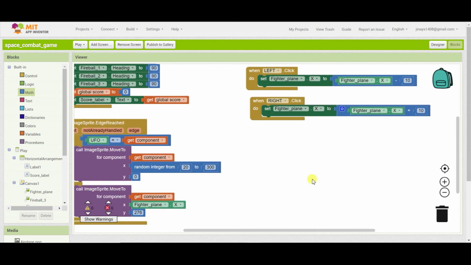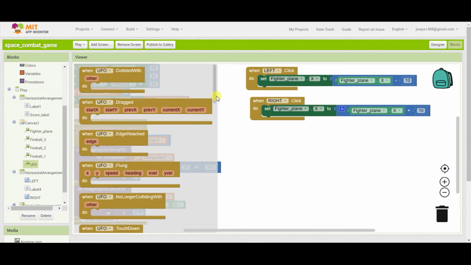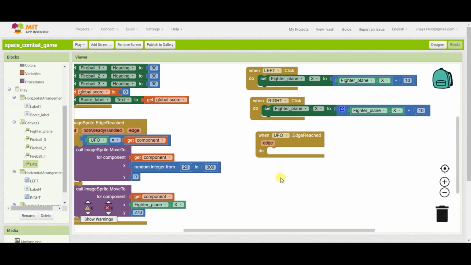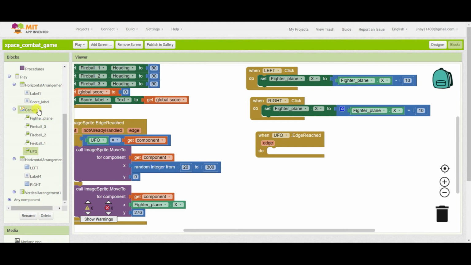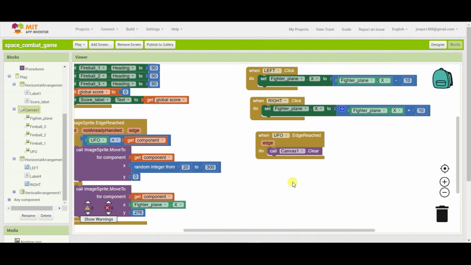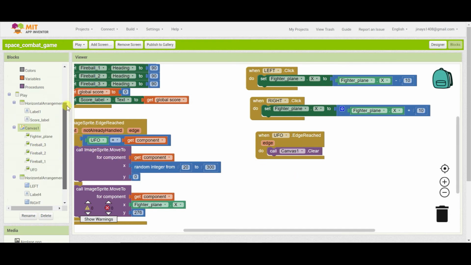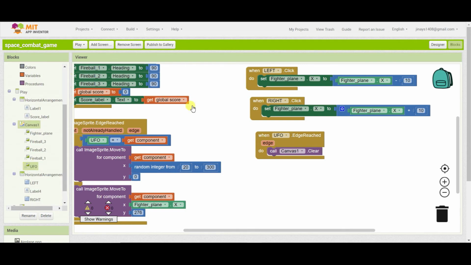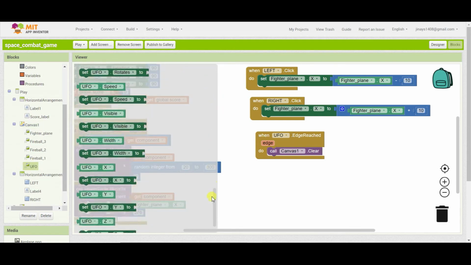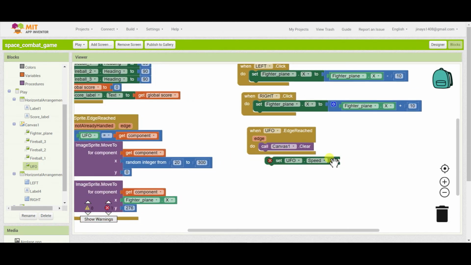Now if the UFO reached the edge, we have to call canvas1 dot clear. We have to set the UFO speed to 0.